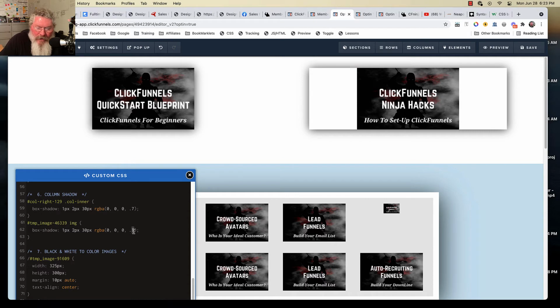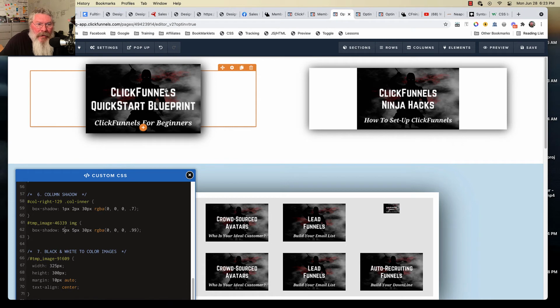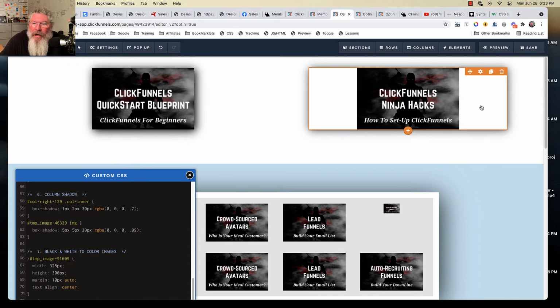Let me just make this a little darker around there, and make these both a little bit bigger. So now you can see a little bit, and especially when I blow it up like this, you can now see that around there. So this is much more effective if you were trying to do it just on the image. Here, again, there's always going to be issues with the sizing of the wrappers on images and other stuff,